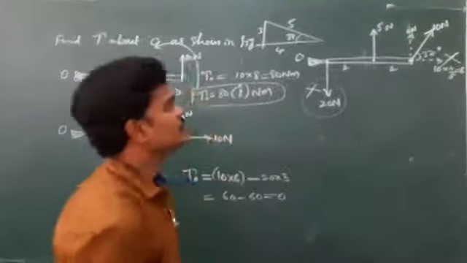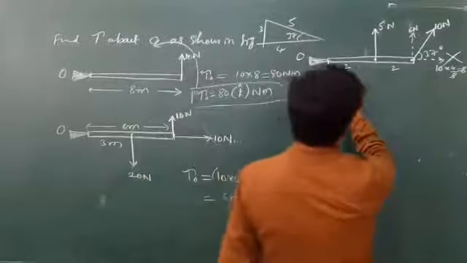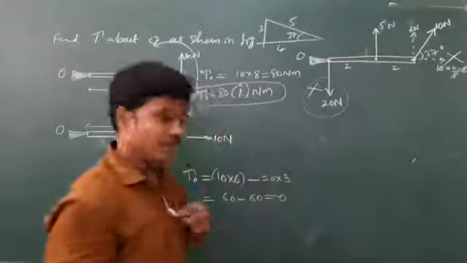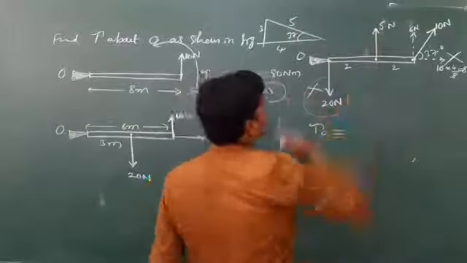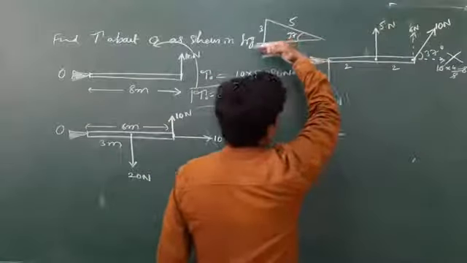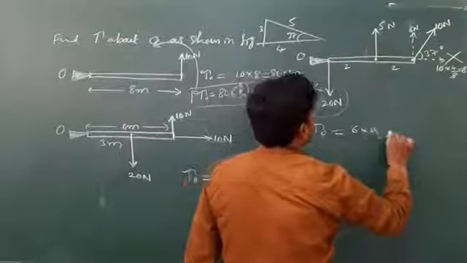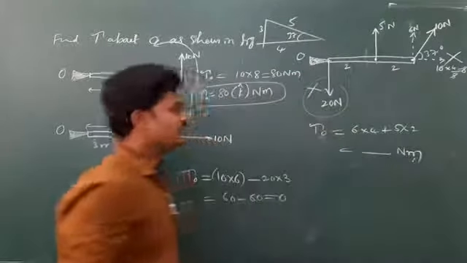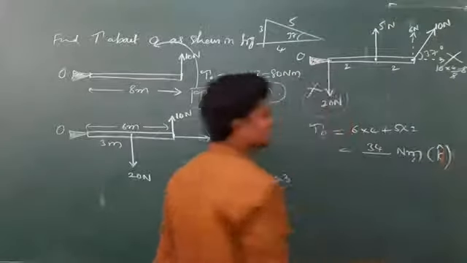How many forces will create a torque about O? One is 6 Newton, the other is 5 Newton. The 6 Newton is at a distance of 2 plus 2, 4 meter. The 5 Newton is at a distance of only 2 meters. Both are in upward direction, and for both arrows O is on the left side, so both are anti-clockwise. In a simple way, arrow tip edge left means anti-clockwise. So torque about O is 6 into 4 plus 5 into 2, that is 24 plus 10, 34 Newton meter. If they ask in vector form, plus k cap.